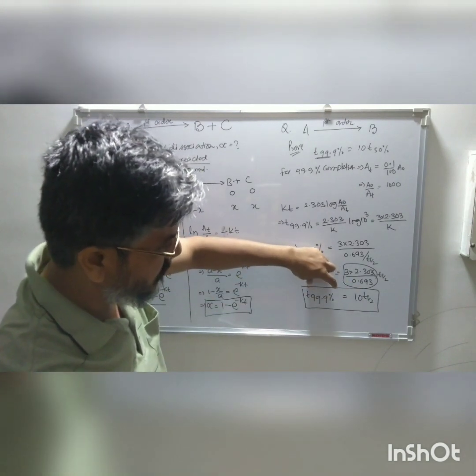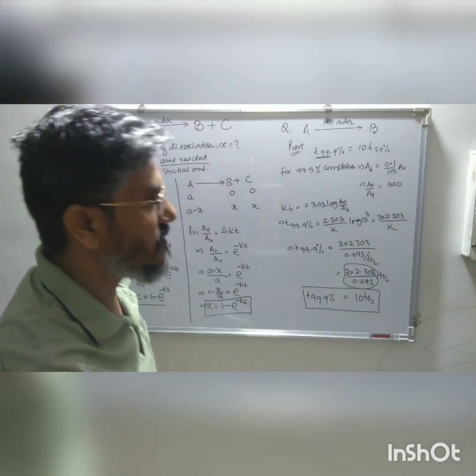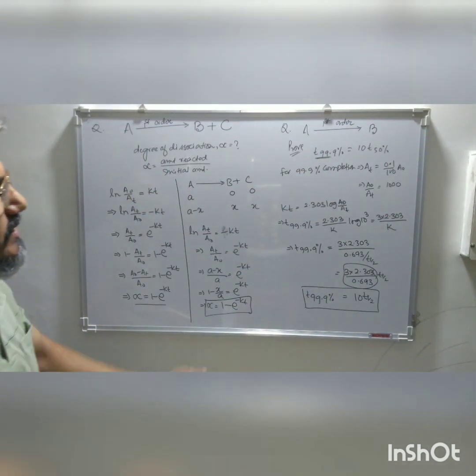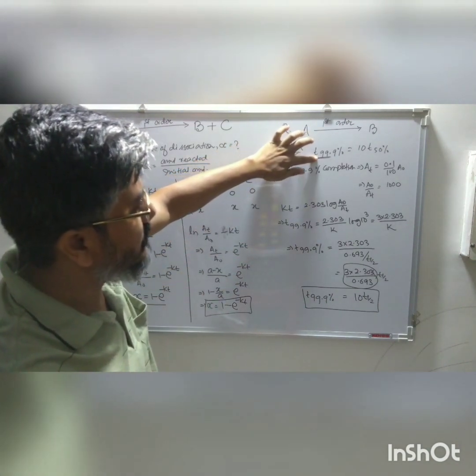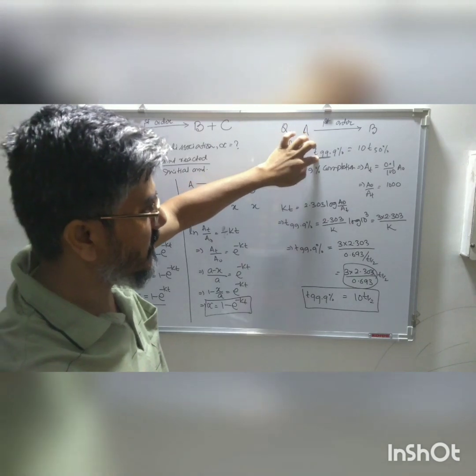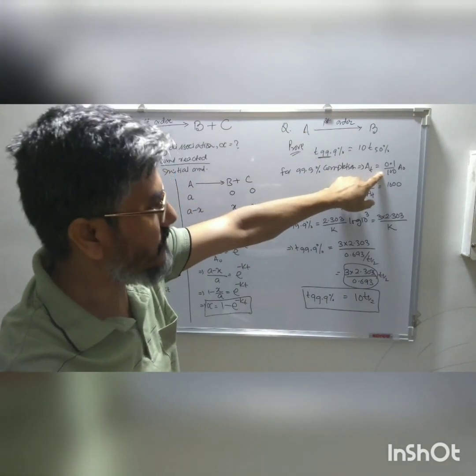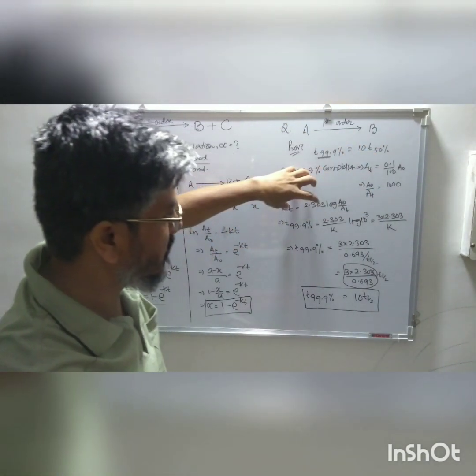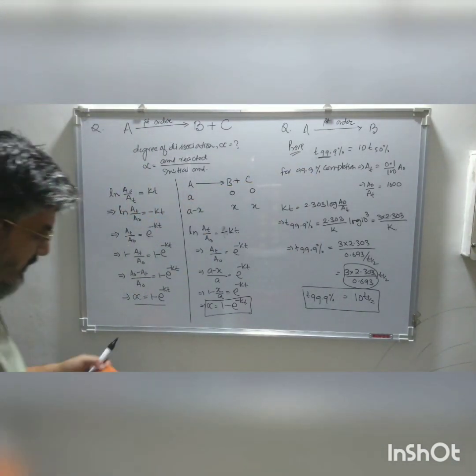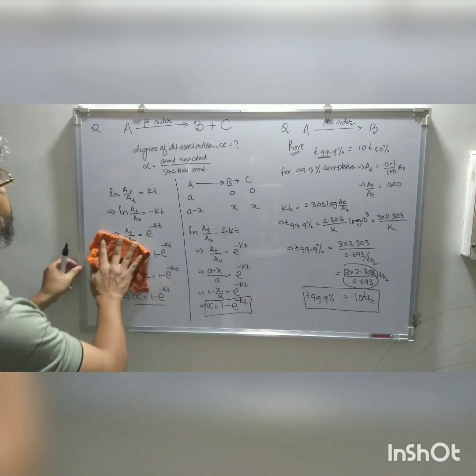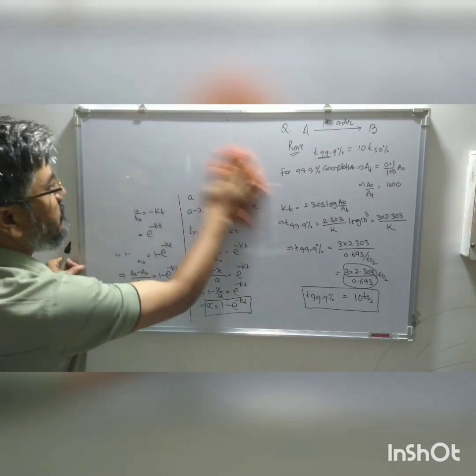So this is the relation between these two. This is for first order kinetics. So simply what we are doing is we are using this condition. 99.9% completion means how much is left, that is 0.1% is left. So we have to use this value in the integrated rate equation of first order kinetics. Along with this, let's see some more examples.